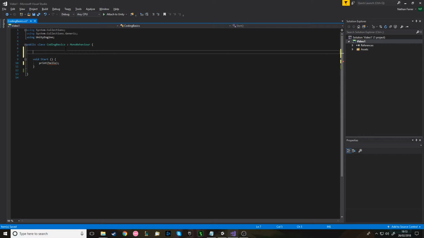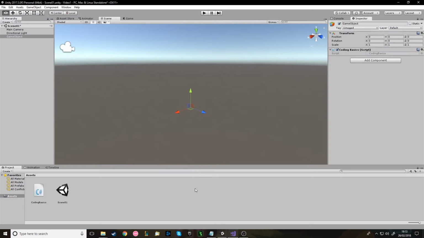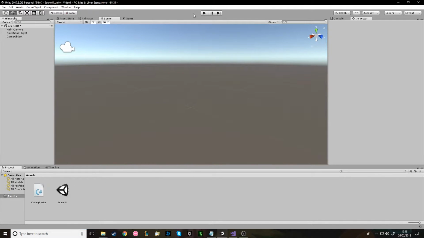As well as numbers, there are also letters where you can have strings. And strings are always between speech marks or apostrophes, both work. That just means it's plain text rather than anything else. So if I want to print hello, really I should do this. And now you want to save, and the shortcut for saving is Control S, or you can press save here. And when you go back to the game now, if I press play,